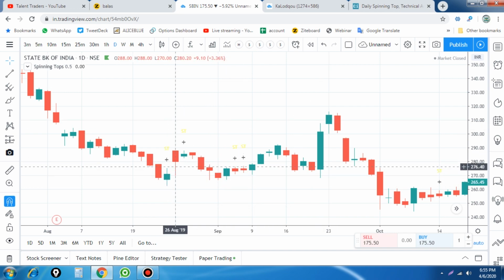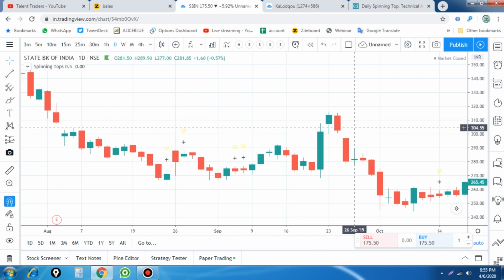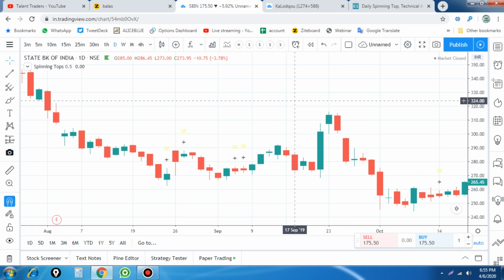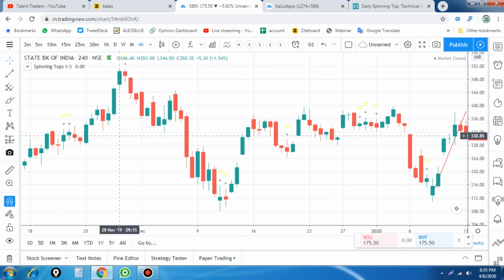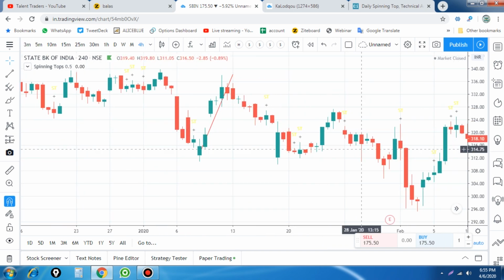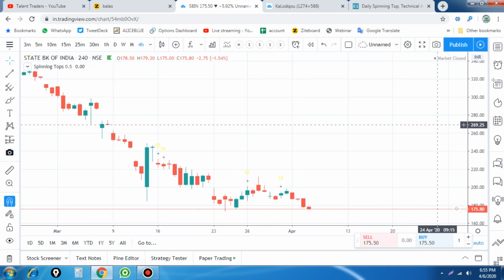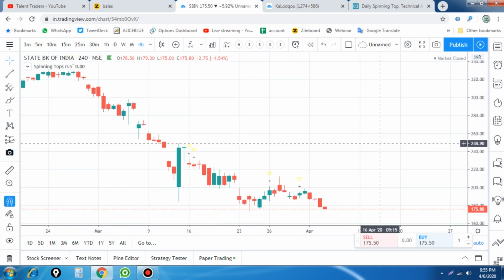Whether you take it with equity or futures, there will be a big benefit. But if you are taking a trade on 22nd August, you must take the September contract, because you are trading on a daily basis. And if you want to trade on a 4-hour or 2-hour chart, that is also perfect and a working condition. Here you see a doji at the top on the 4-hour chart of State Bank on 28th November. This is previous history, and currently we have to wait for a reversal.